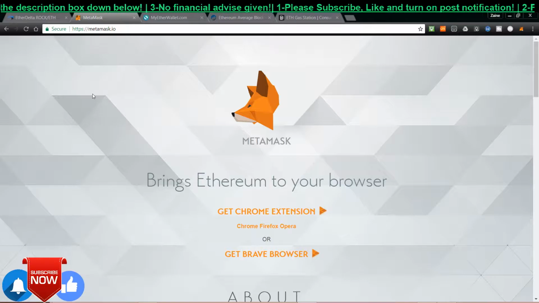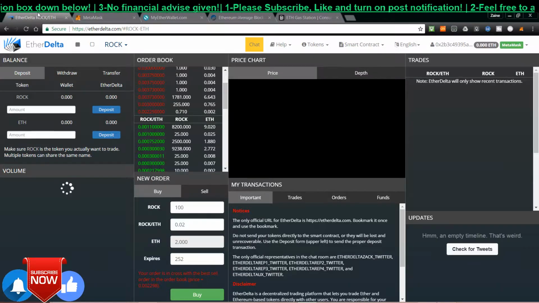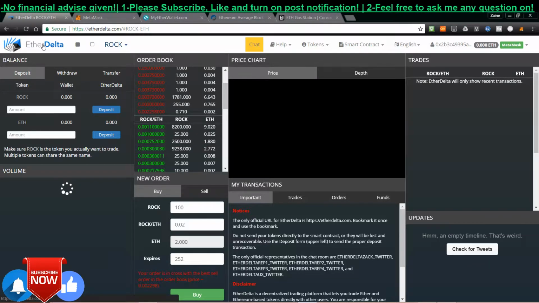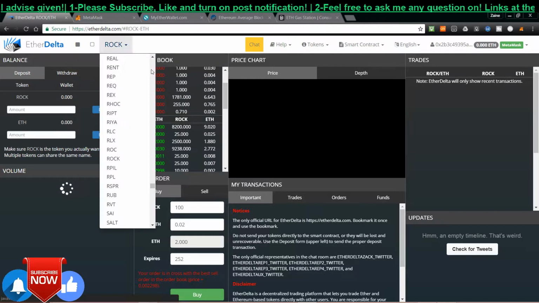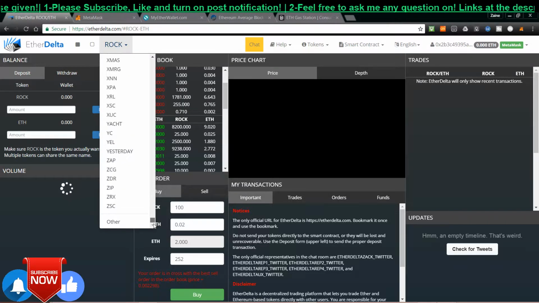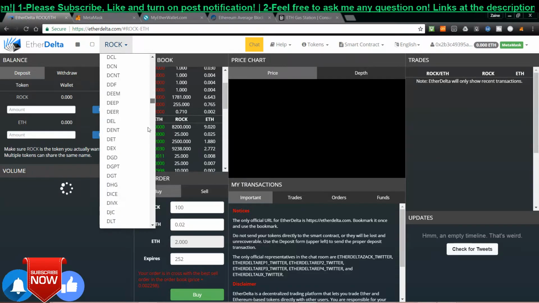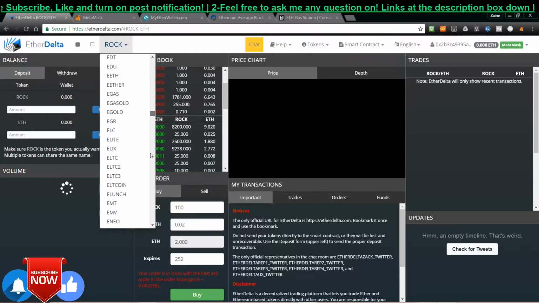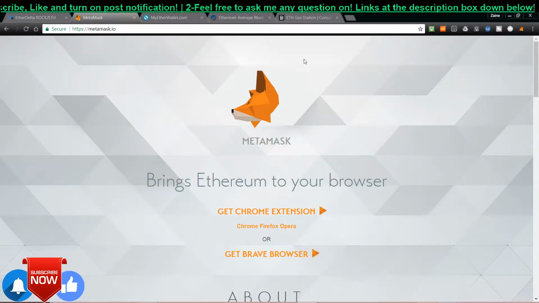I'm just gonna give a brief guide on how to use MetaMask, and after that use EtherDelta to perform trades for buying ERC20 tokens using Ethereum, because EtherDelta is an exchange for people to buy almost all of the ERC20 tokens. You can see there's a list over here that is on the Ethereum network right now. You can buy the tokens here, you can choose it, and after that first you must head over to Google